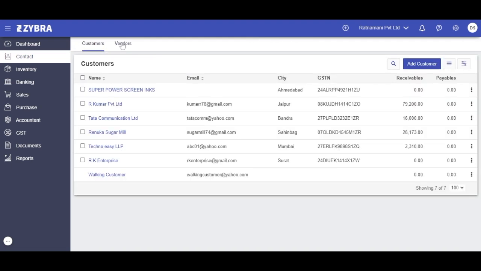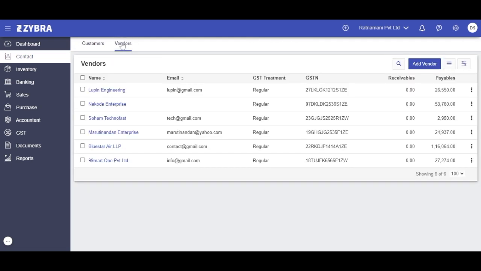After customer, it's vendor. If you want to add any vendor, you can add it from here. Let me explain what actually a vendor means. Vendor is the one from whom we are purchasing, and customer is the one to whom we are selling. If you want to add any vendor, you can do it from here just like customer. And after clicking on the save button, your vendor will come here.